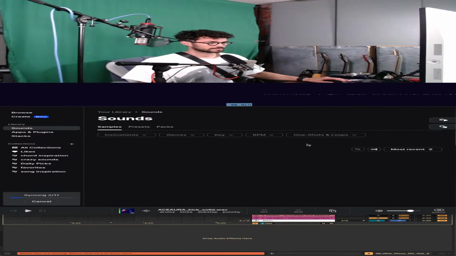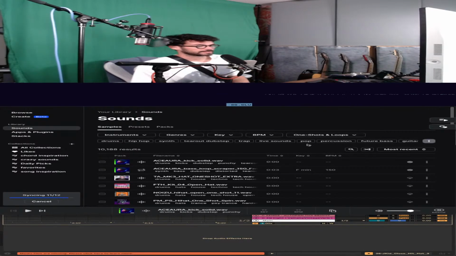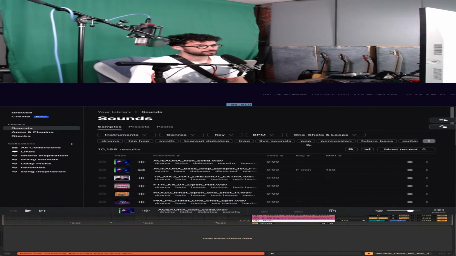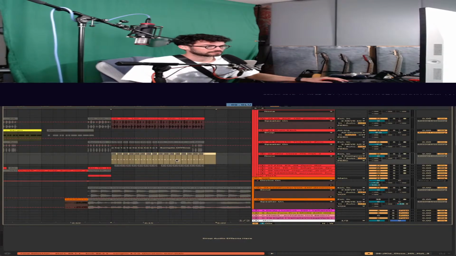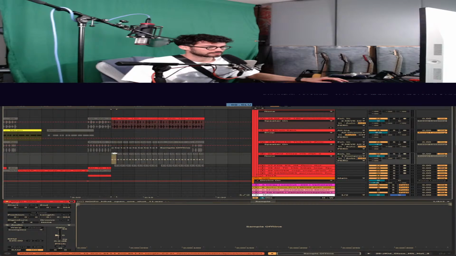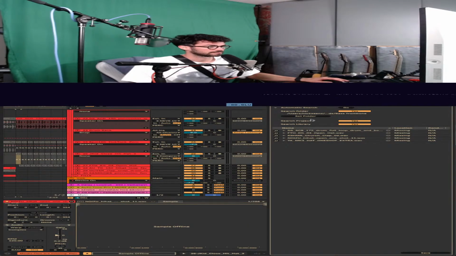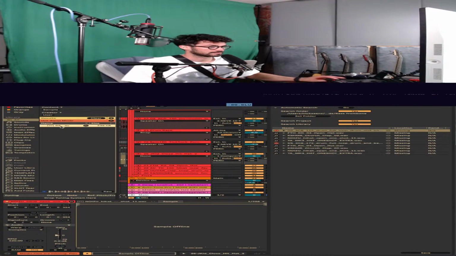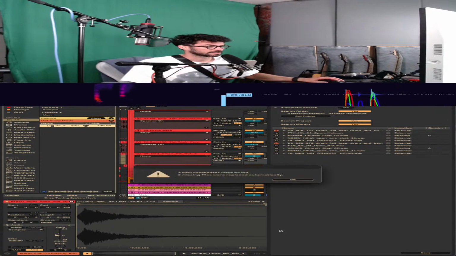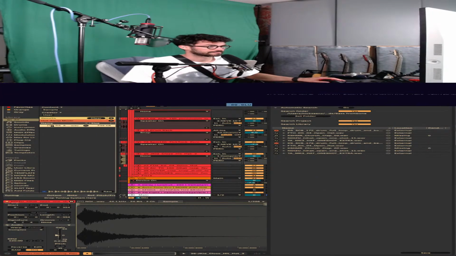Download all. There we go. That's a little hack if you're going back and forth between computers. Just make sure you do a download all on your Splice, because that way any samples that you have will be present for both. So let's see if we can reload these. If we do a search for it, boom, it'll say yes, boom.